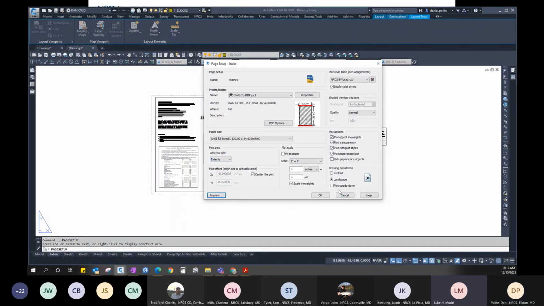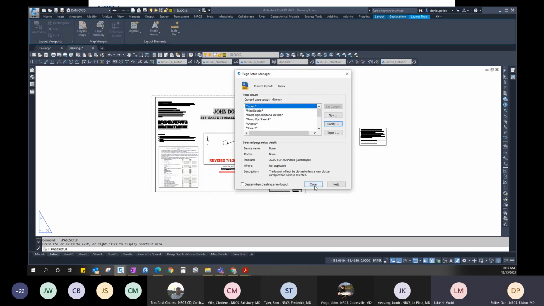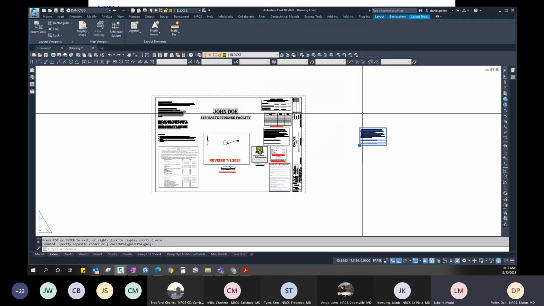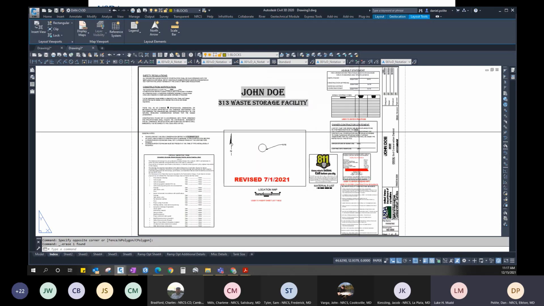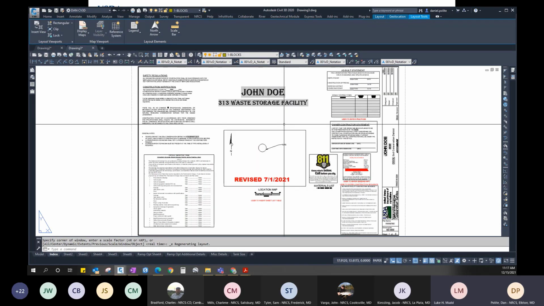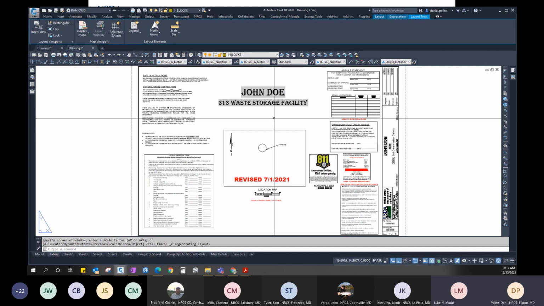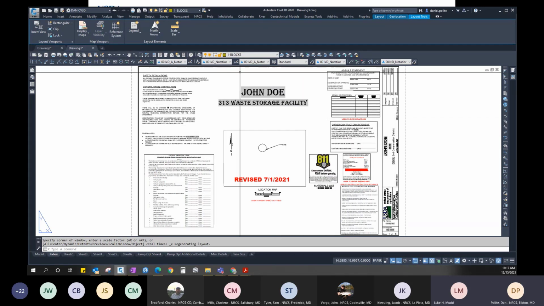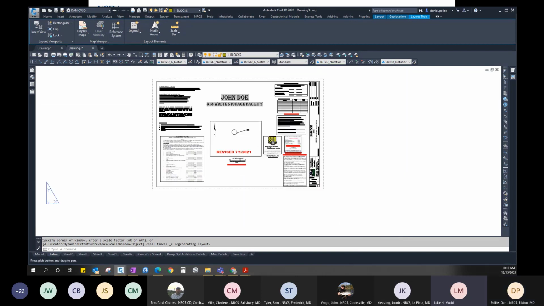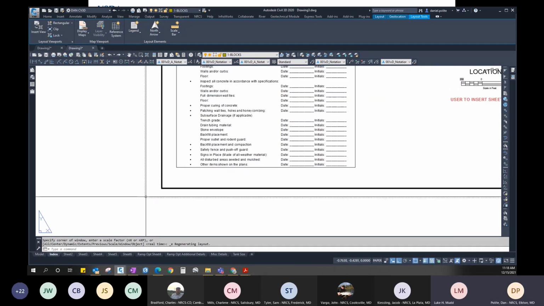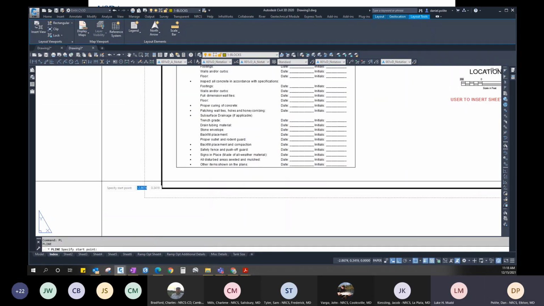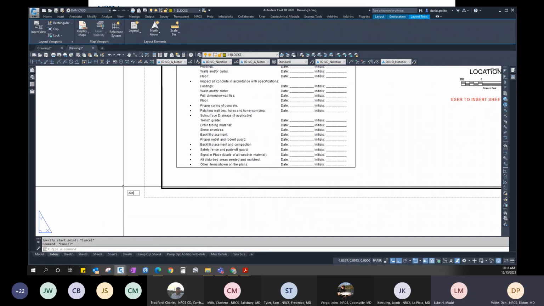No. Extents is a way to eliminate having anything out in this wasted paper space. If you double click your mouse wheel in the middle, it'll zoom extents, and it'll zoom to what should actually be plotted. This is your outside. If I type in distance,